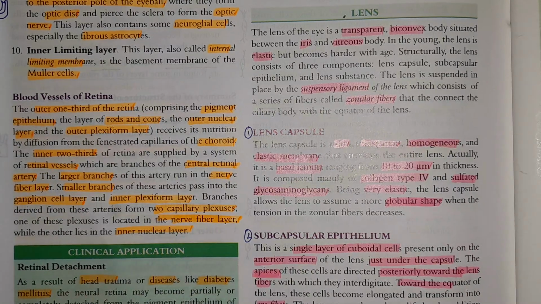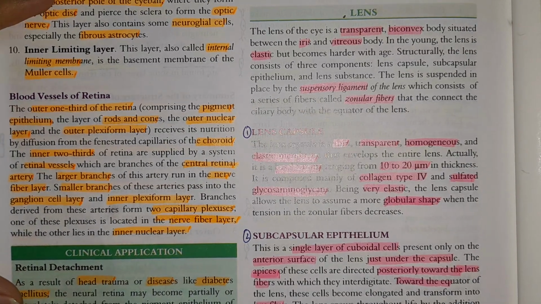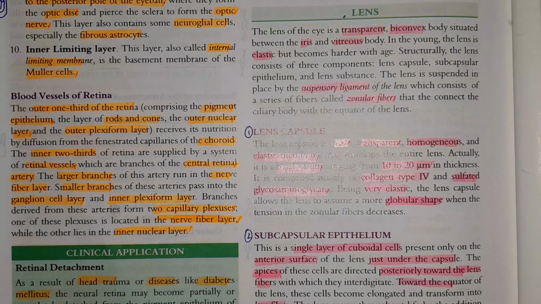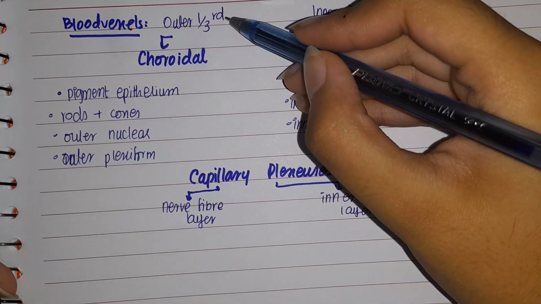Bismillahirrahmanirrahim. In this video, we are going to talk about blood vessels of the retina. As you know, the retina is composed of pigment epithelium and then the inner neuronal layer. To study about the blood vessels, or the blood supply, we see that the outer one-third segment of the retina,